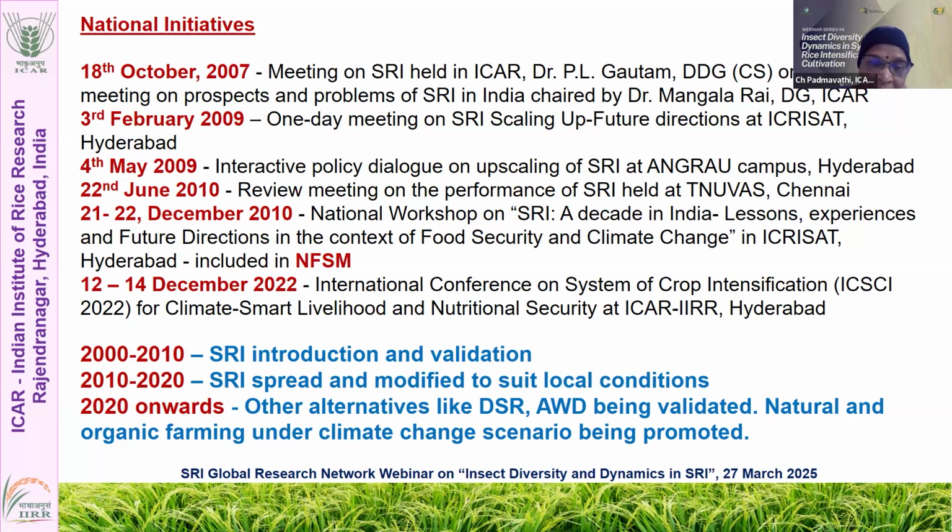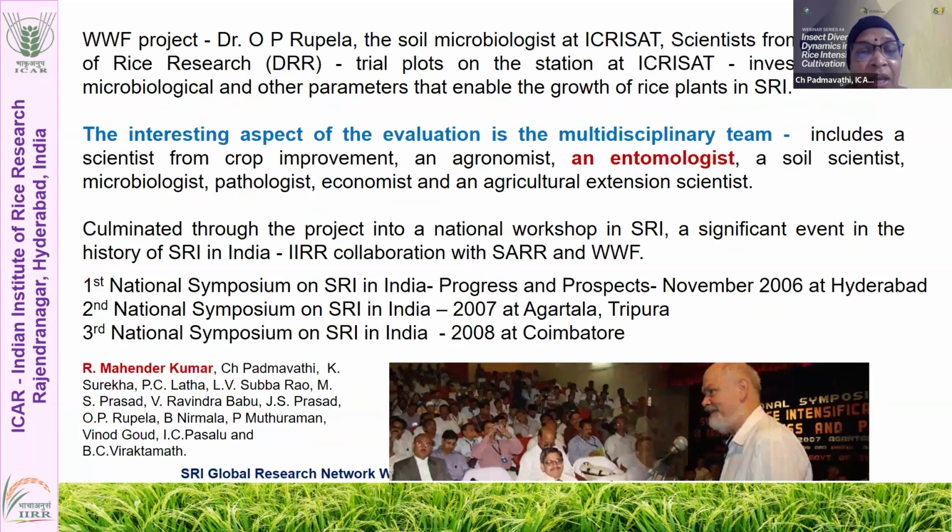So if you classify the spread and the evolution of this SRA in India, I can say that the first decade was reintroduction and validation, 2000 to 2010, and 2010 to 2020 was spread and modification to suit the local conditions, and 2020 onwards there was a sort of diversification with other alternative methods like direct seeded rice, AWD, natural and organic farming, particularly keeping in view the climate change scenarios. And now, after that,